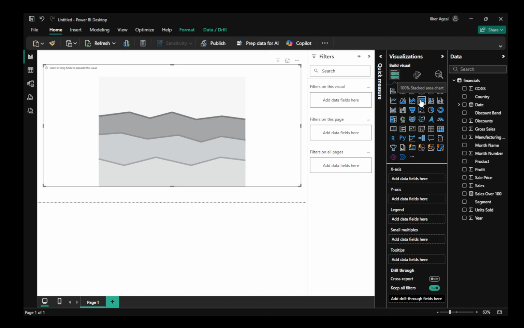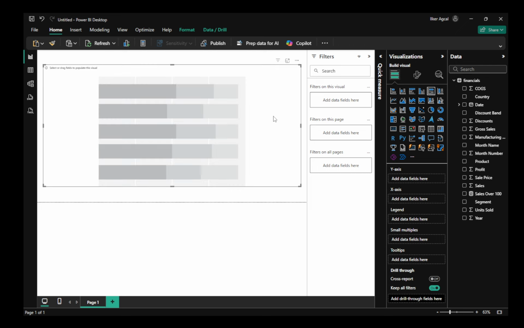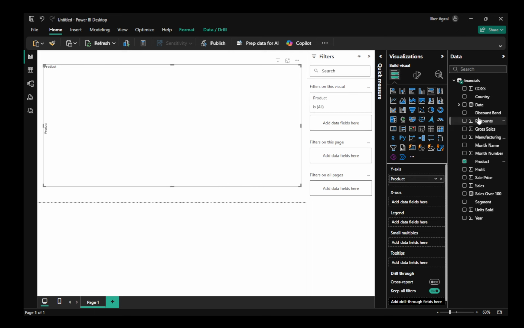Start by dragging the field representing your categories, for example, region, over to the axis or y-axis field well. This setup means that each bar will represent a different category. Next, take the subcategory field, such as product category, and drag it into the legend field well. This step is crucial as it determines how each individual bar will be split and colored according to the different